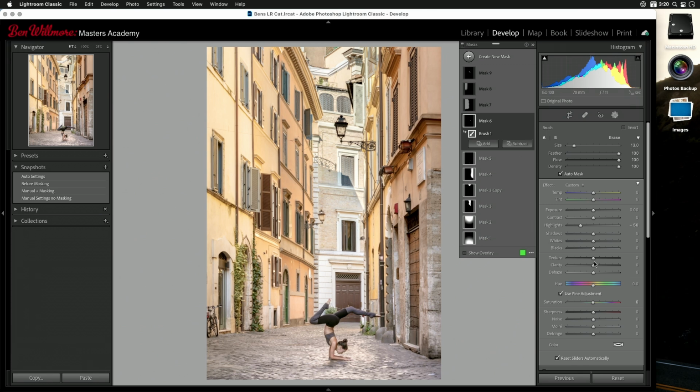But in the end, that's the area that I isolated, and let's look at the adjustment sliders that were applied. All it was doing was bringing the highlights down. If I bring it back up, you can see how bright it used to be, and I just brought that down until the brightness of that area was more similar to the rest of the surroundings. The other thing that I would possibly need to do is adjust the saturation a little bit to make it a little bit more or less colorful to also make that look more like the surroundings,